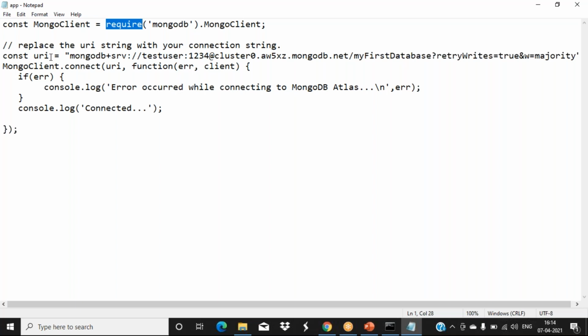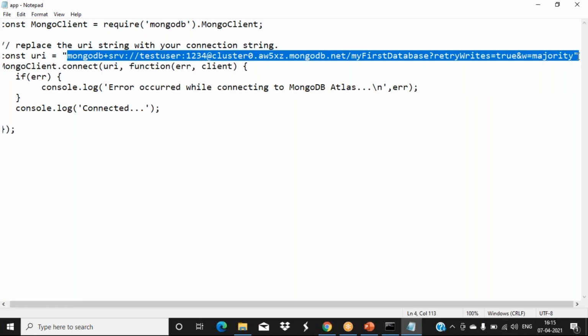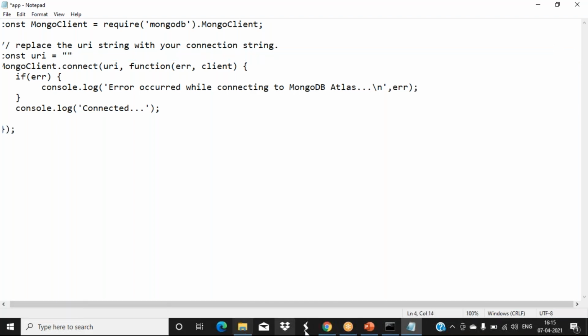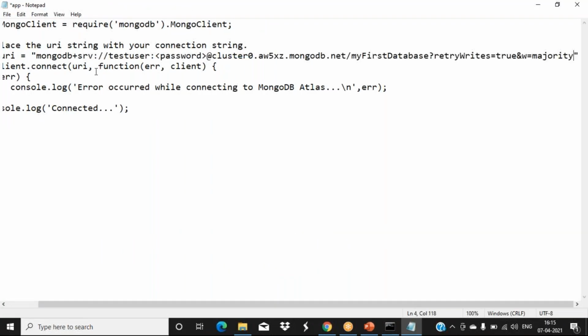It's just a variable we created. Any name you can give, no problem, but this link should be proper. When I'm copying, I'll just show you. Now this I am removing, and this I have copied from there, and pasted it.